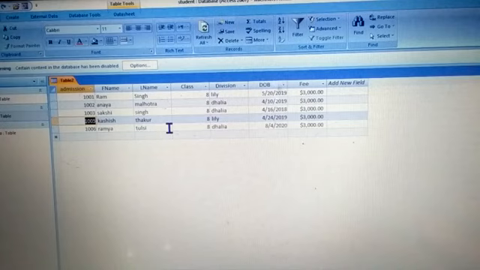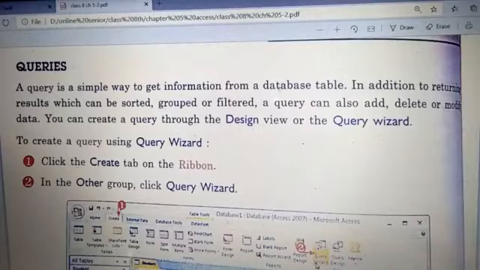So we can sort our records with the help of queries. See, it is written here also. We can sort our records, we can group our records, and we can filter our records with the help of queries, and we will understand how a query helps us to do that.